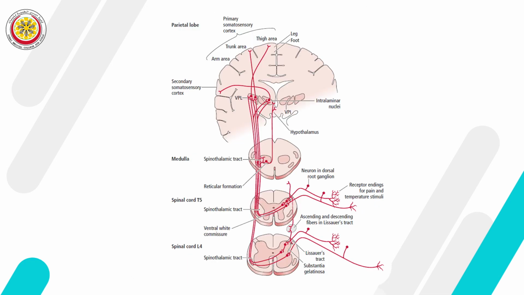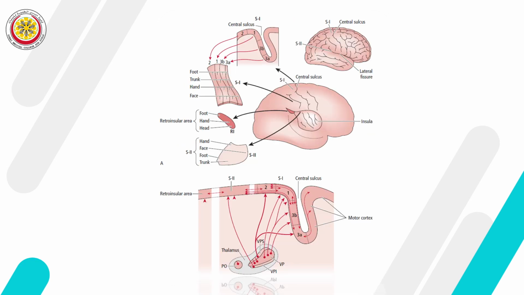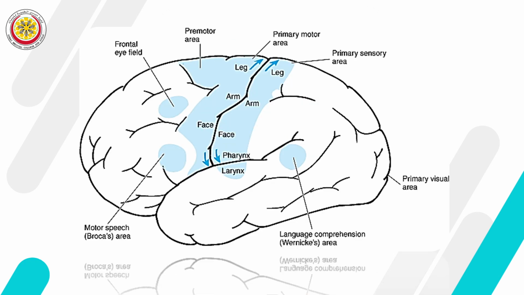And here, where exactly? Remember when we discussed the thalamus, we said the intralaminar nucleus is important. It receives collaterals from everywhere. So intralaminar, in addition to the ventral posterolateral nuclei in the thalamus, but also the reticular formation, the collaterals to the reticular formation. So these are the anterolateral system.